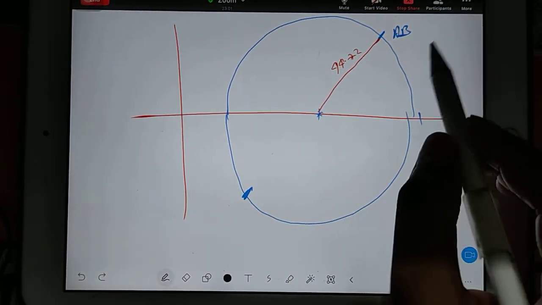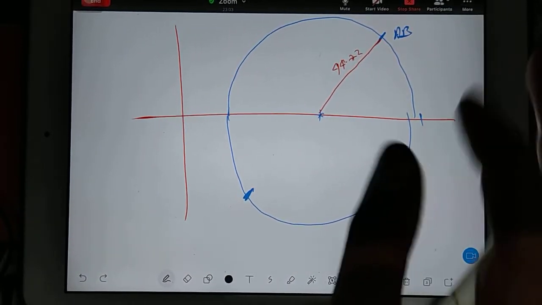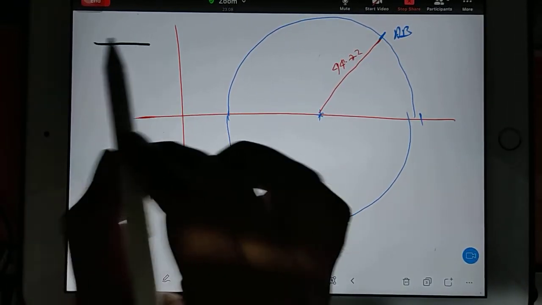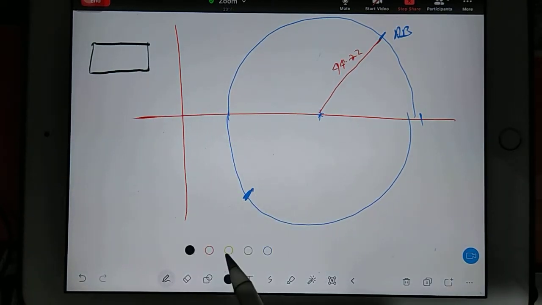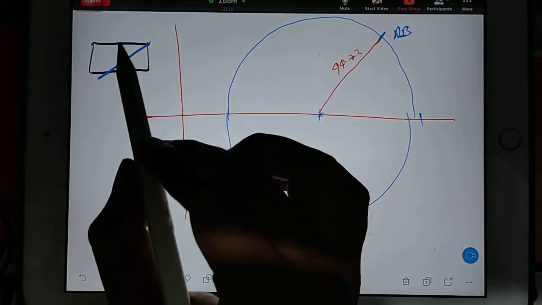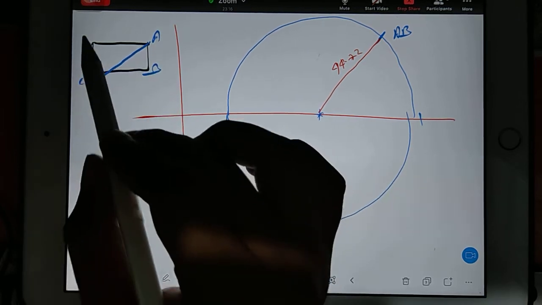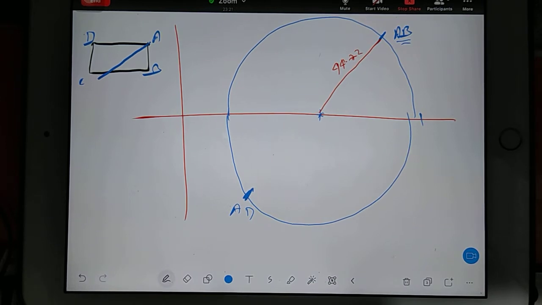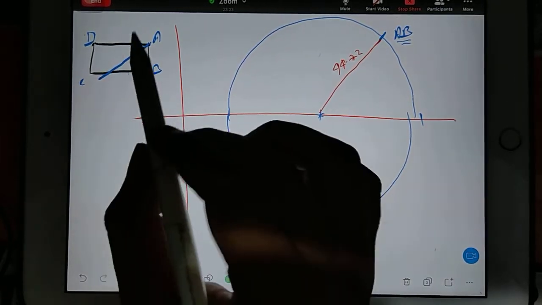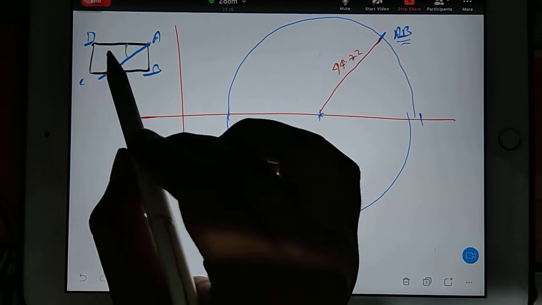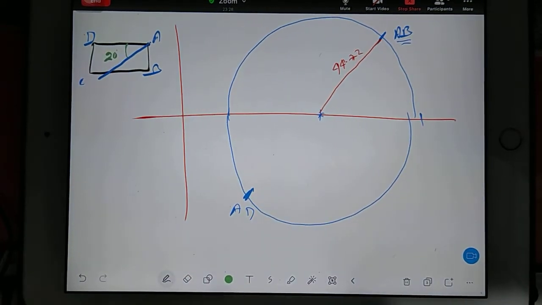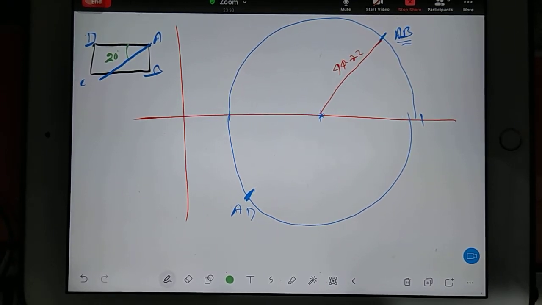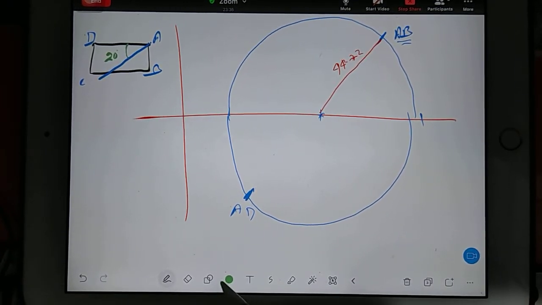Now see, if the Mohr circle is ready, after that you can find out 3-4 very important things. So first thing, in the member I took one inclined plane, and this is A, B, C, D. So this plane is AB and this plane is AD. Okay, I am saying that I took a plane, that plane was at 20 degree. Now see, from which plane I have taken 20 degree? From plane AD.